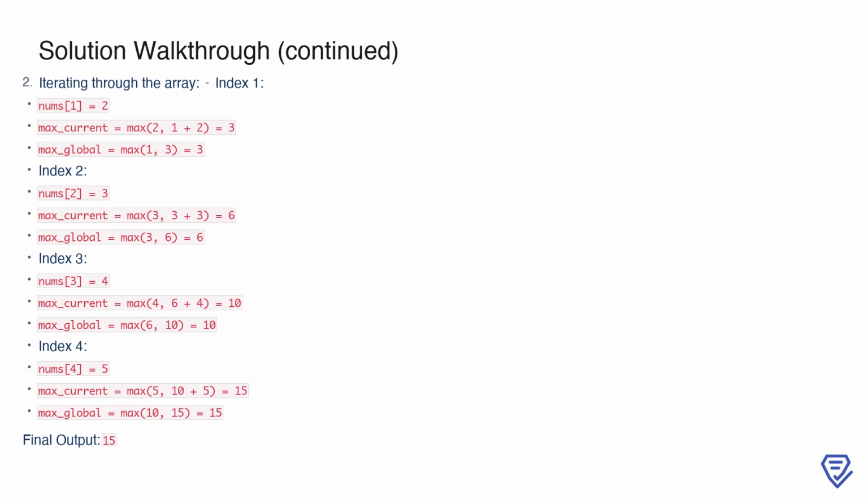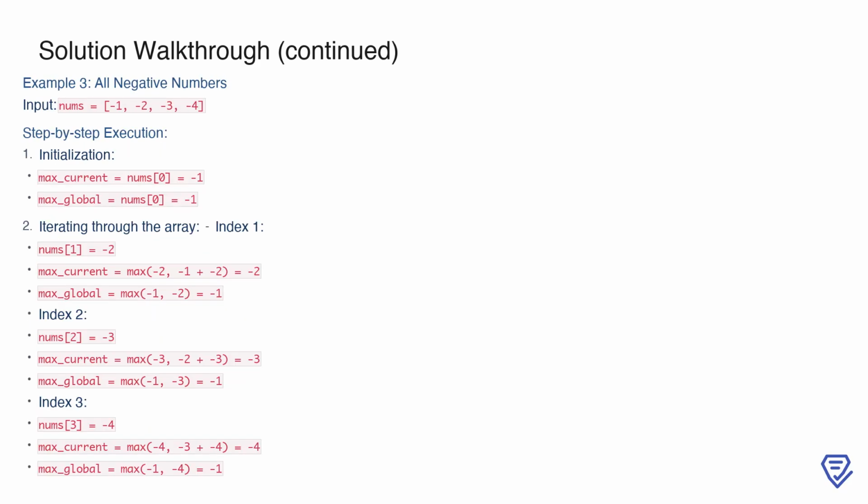We start by initializing max_current and max_global to the first element, which is 1. As we iterate through the array, we update max_current by adding each element to the running sum, and max_global is updated to reflect the growing maximum sum. At index 1, adding 2 gives a max_current of 3, which updates max_global to 3. Similarly, at index 2, adding 3 results in max_current of 6, which becomes the new max_global. This process continues, with each step further increasing both max_current and max_global. By the end of the array, the total sum of 15 is the maximum subarray sum, as it includes all